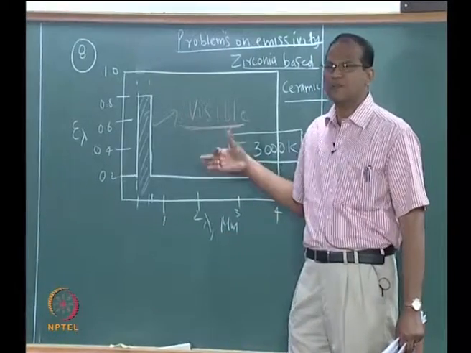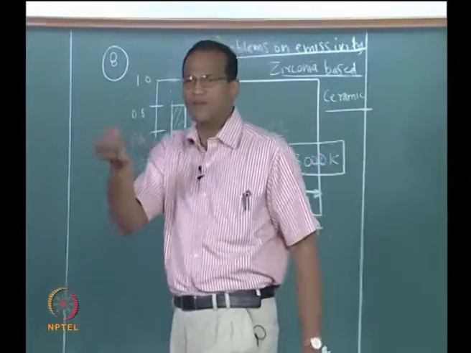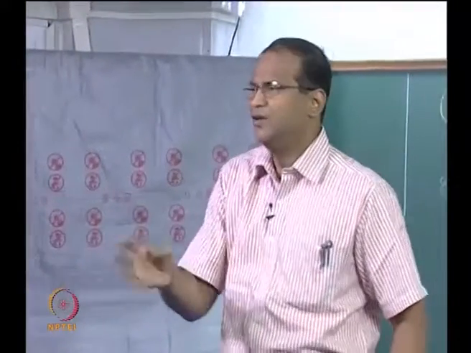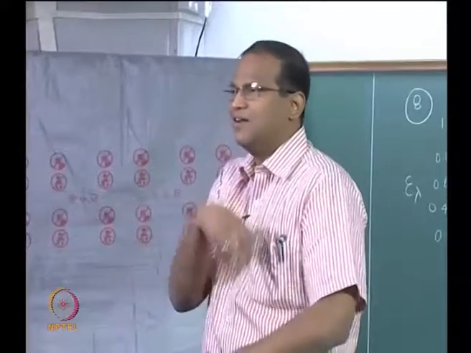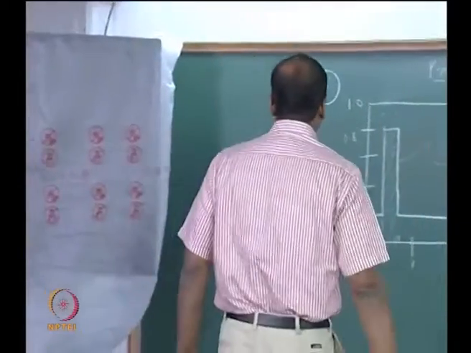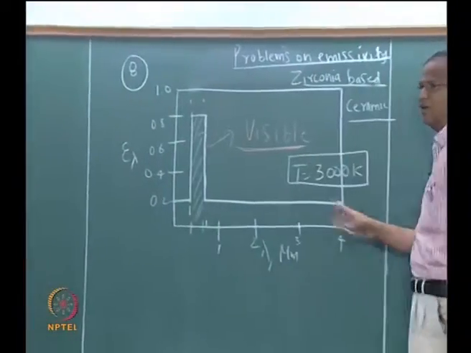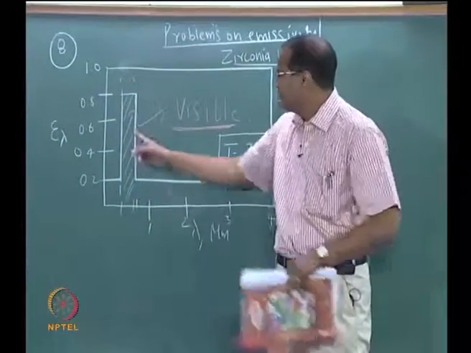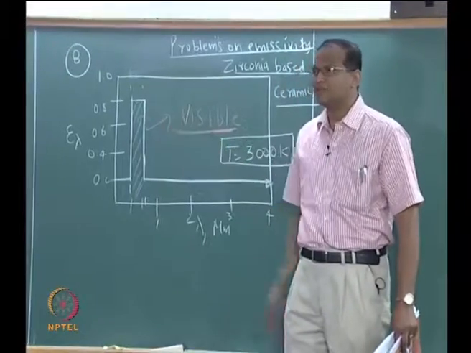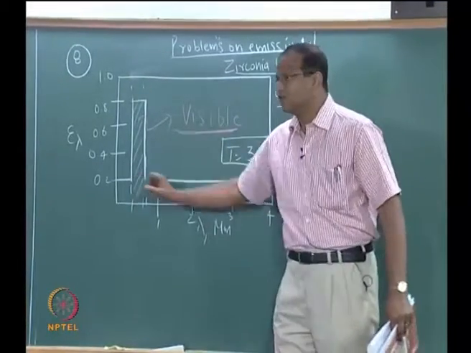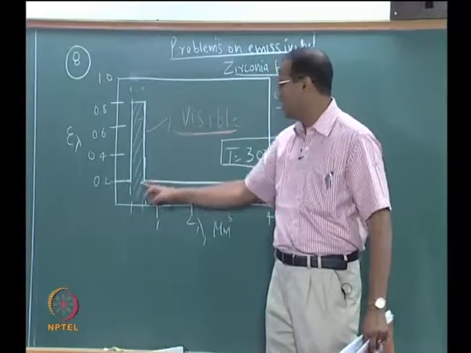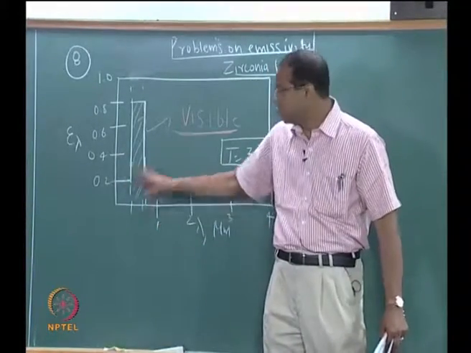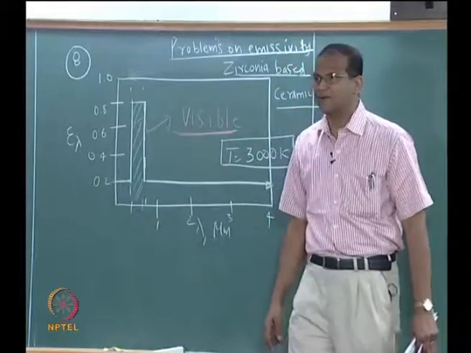How do we do these experiments, and some basic ideas will be clear from problem number 9, which we will solve after solving this problem 8. You just need a detector and calibrate it, and then you can get emissivity. Now epsilon lambda versus lambda is like this for the zirconia based ceramic. For the visible part of the spectrum, it has a high epsilon lambda which is 0.8. For the remainder of the spectrum, that is less than 0.4 and greater than 0.7, it continues to be 0.2. It is showing a spike in the visible part of the spectrum.